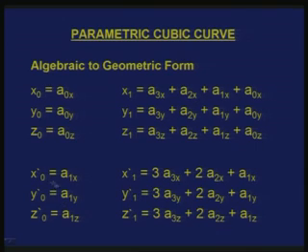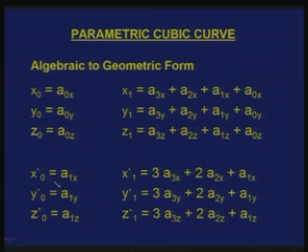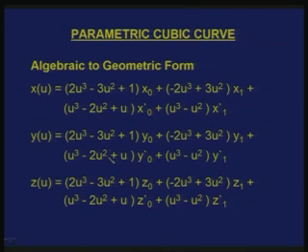Similarly, if I substitute for the other set, like here if I substitute u is equal to 0, then x prime becomes a1x at u is equal to 0, that is what is shown here, and similarly for the other value. So, corresponding to x I have 4 values. Now, I will solve to get rid of these unknowns a3x, a2x, etc., and get a parametric cubic equation purely in terms of my input. This is x1 y1 z1, x0 y0 z0, and do that. Okay. I am not going to solve here. I will just show you the final form which you will get.